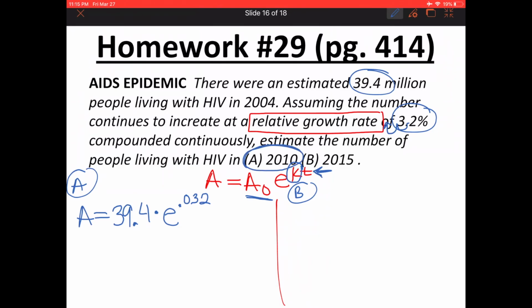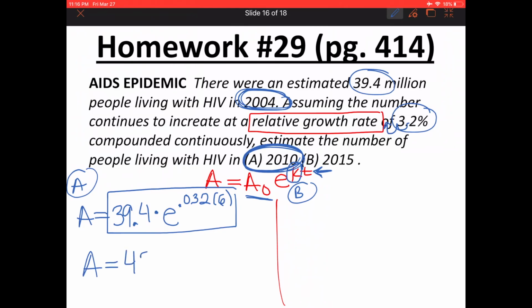And in example A, how much time has passed? We're told in example A that it's 2010. So how much time has passed? If initially we were in 2004, that means 6 years have passed. So this is the equation that we would now enter into the calculator. And so when we enter that into the calculator, 39.4 times E to the power of 0.032 times 6, we end up with A equals